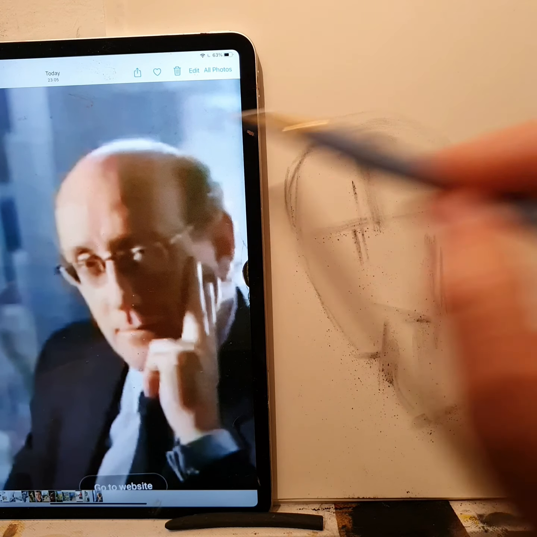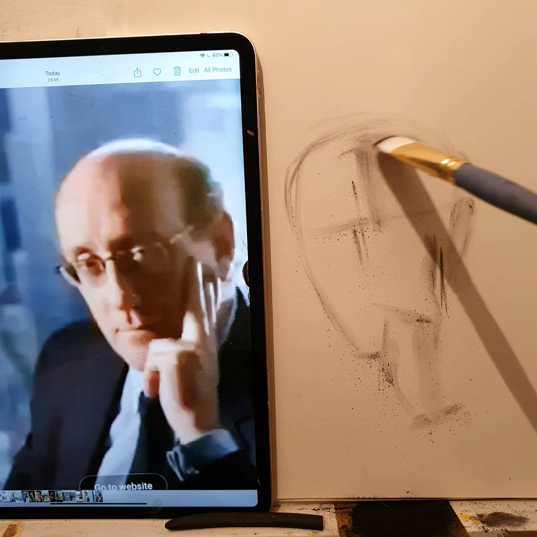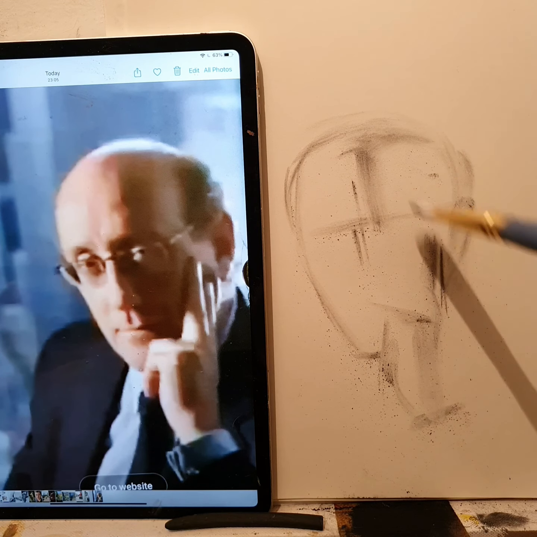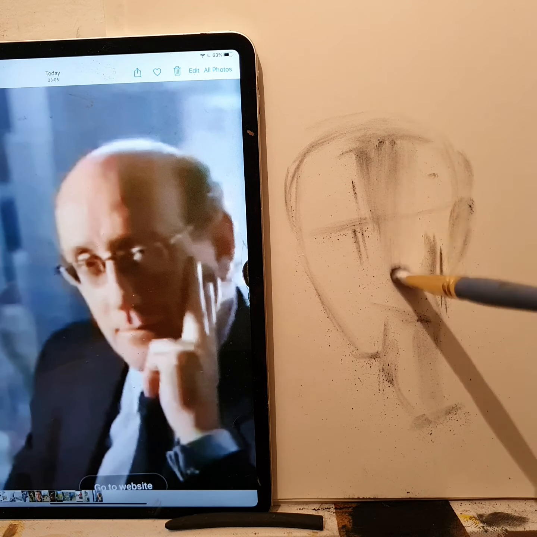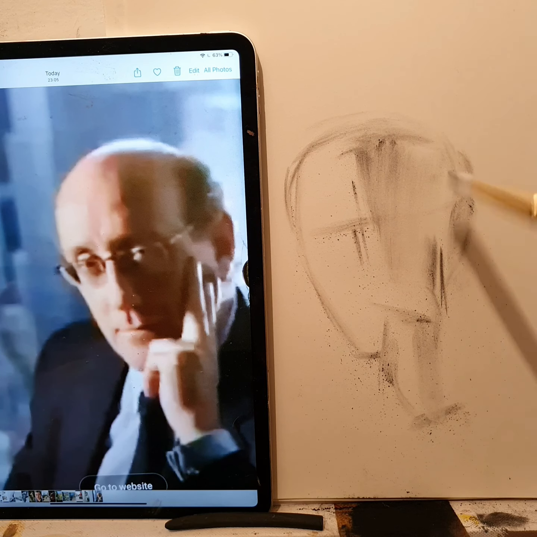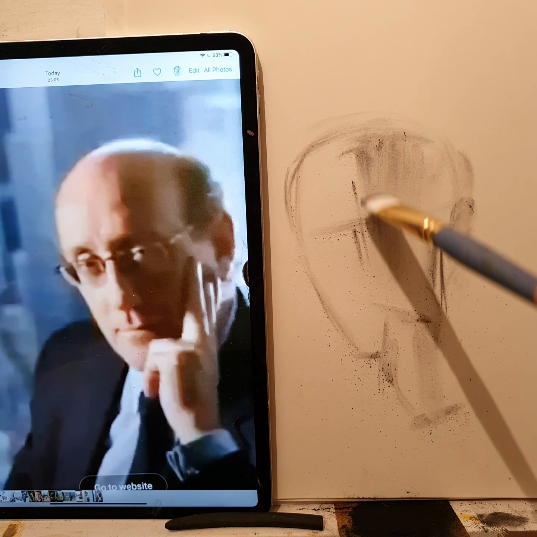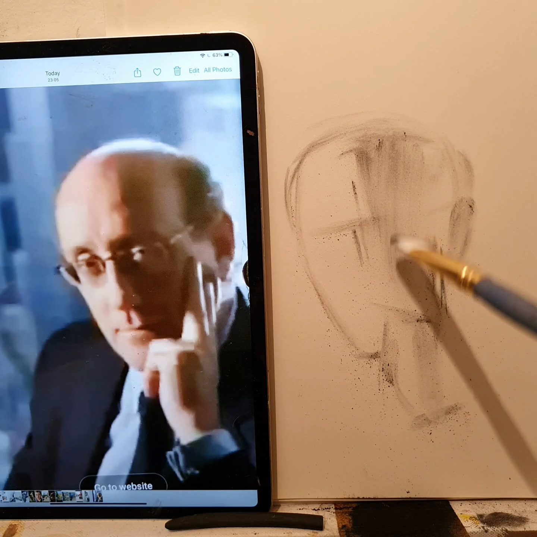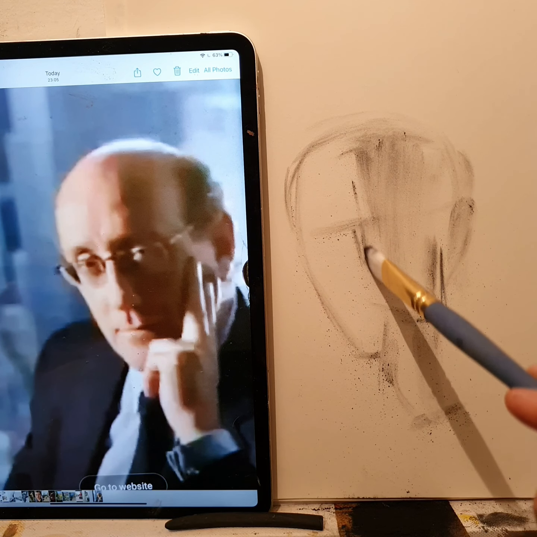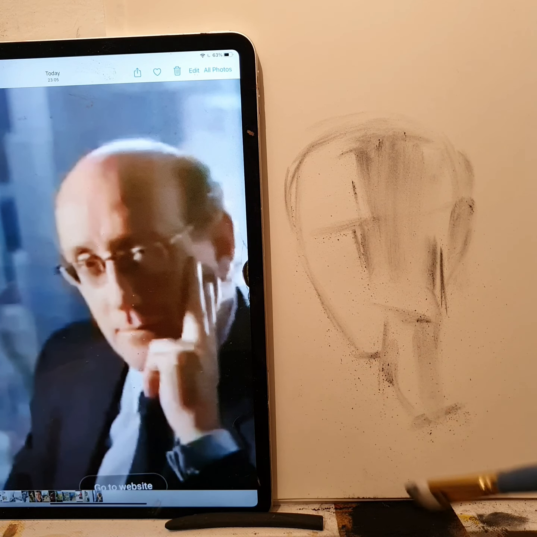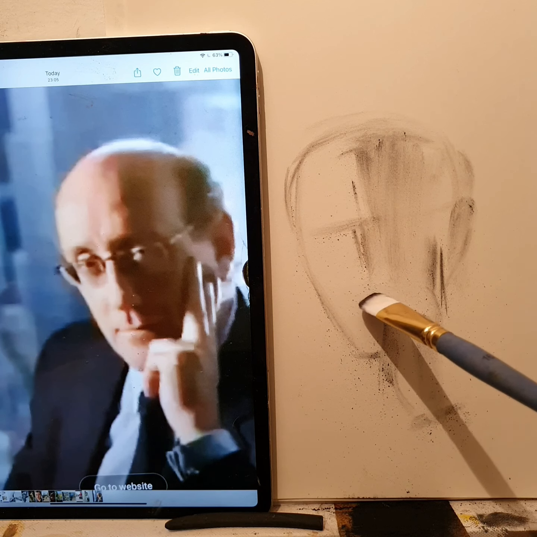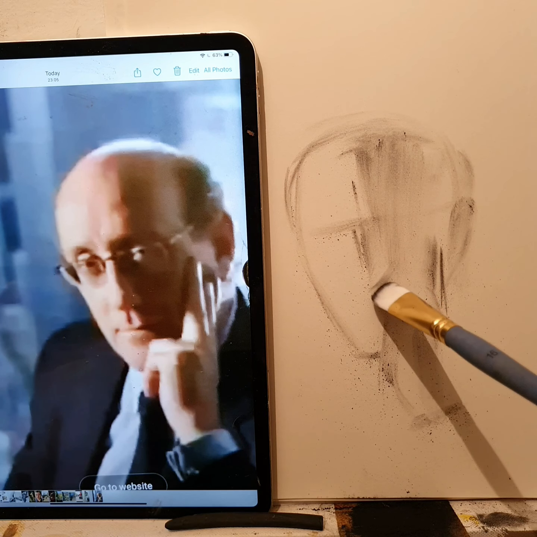And then you see the reflected light coming from the top of his head, and shadow here, and the nose, side of the nose here, and then you have the tip of the nose,